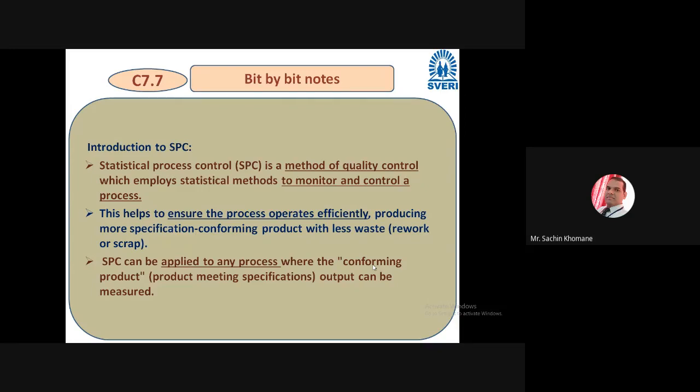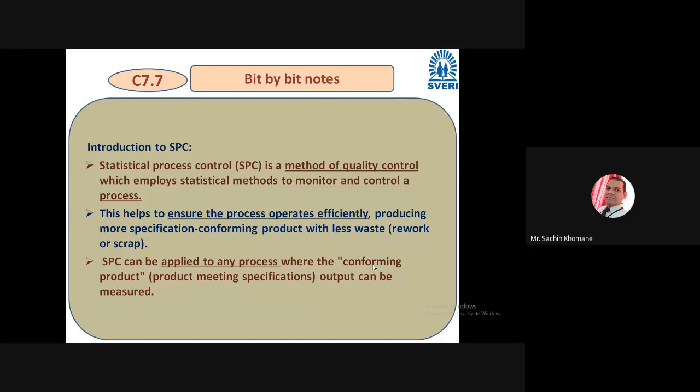And you have to draw certain charts, and you have to understand whether the process is out of control or in control. So that is nothing but monitoring here, and ultimately controlling the things. If a certain problem is observed in monitoring, you have to take corrective action and control the process, right? So that is nothing but statistical process control, and people say it is a method of quality control,